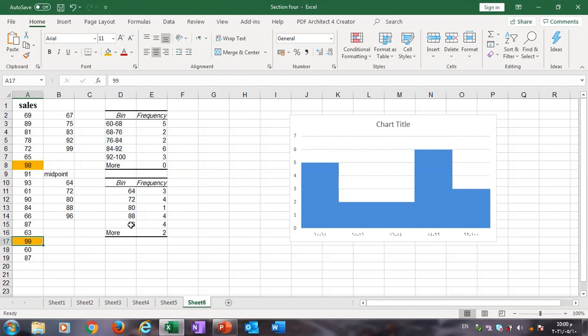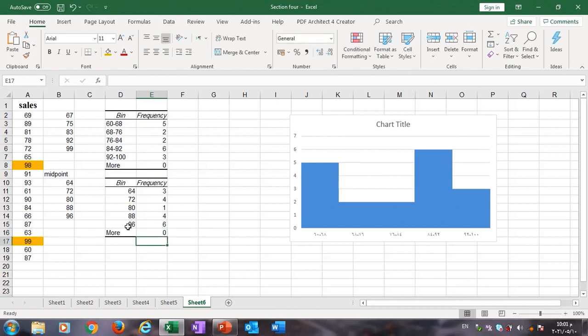So which is the midpoint of the last class that ranges from 92 to 100. We will add these 2 points to this class, and we will correct the frequency to be 6, not 4,